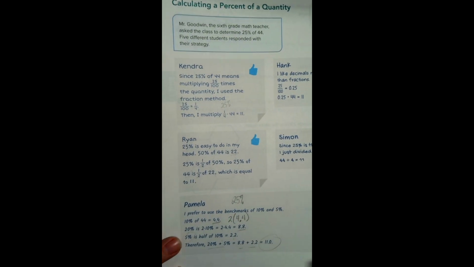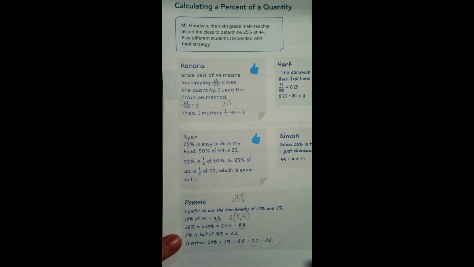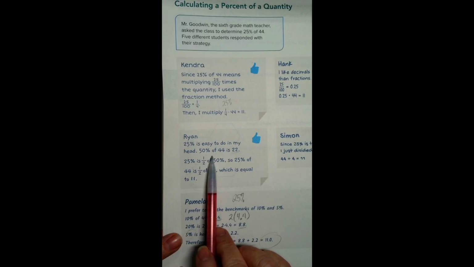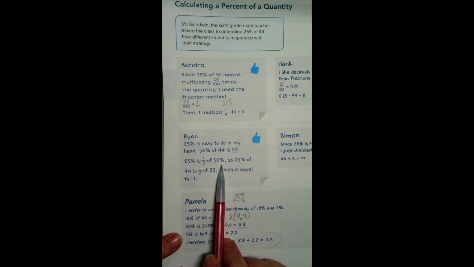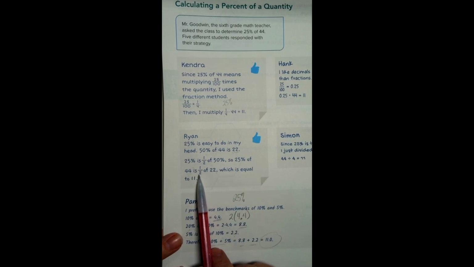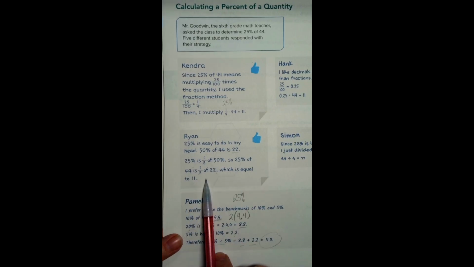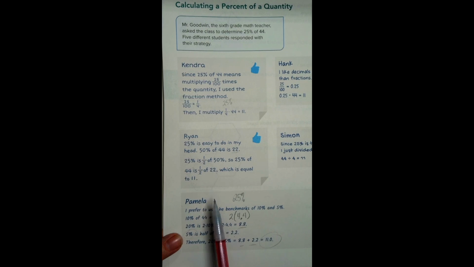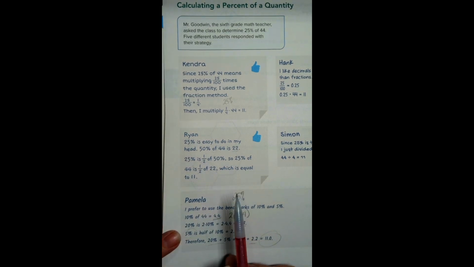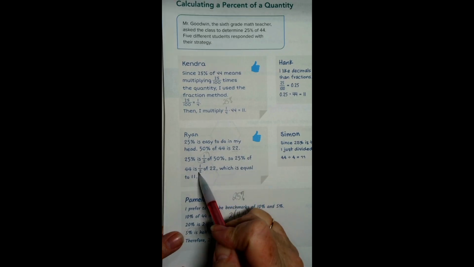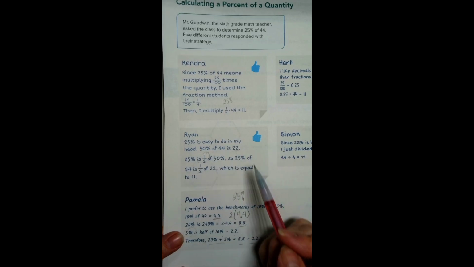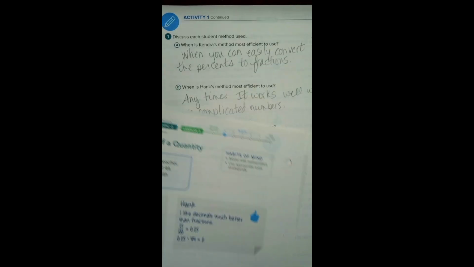When is Ryan's method most efficient? So Ryan said 25% is easy to do in my head. 50% of 44 is 22, 25% is half of 50, so 25% of 44 is 1/2 of 22, which is equal to 11. I think his was easy because he had these fractions which were easy to convert. So when the percents can convert easily,